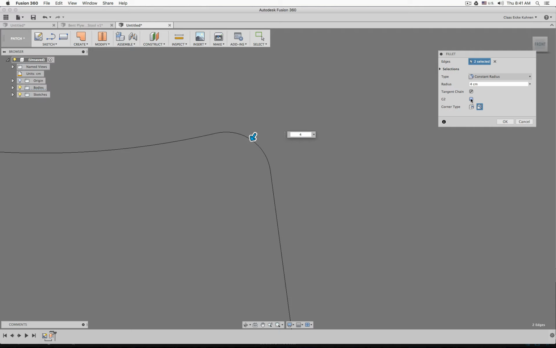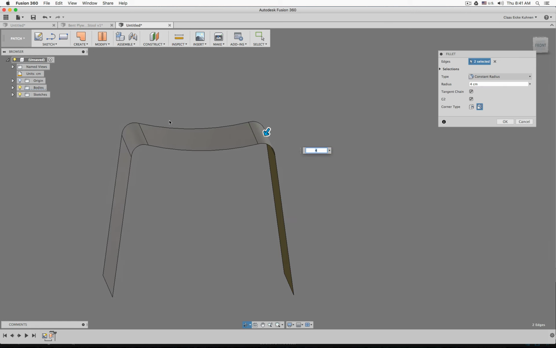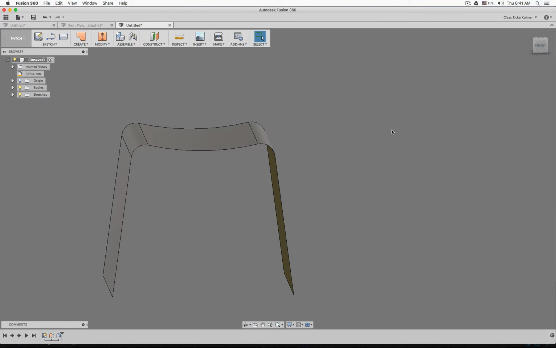Here we have a G2 option to switch between G1 and G2, but I'm still not really madly in love with the result. I want to sculpt this a little bit more. So in this case, this approach is not necessarily really well working,